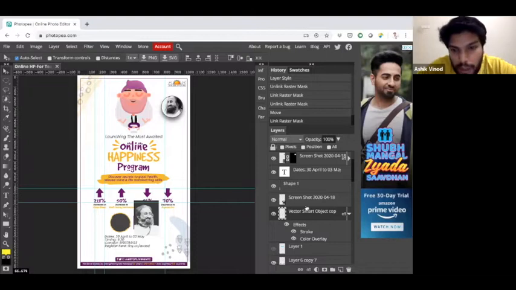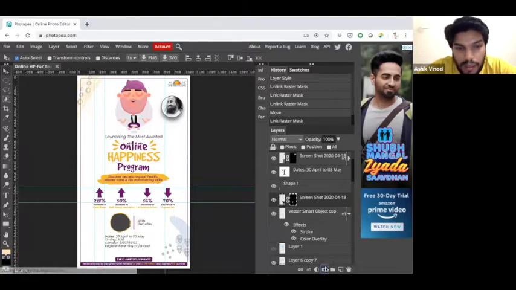Now click on Gurudev's photo, or whichever teacher's photo you have, and again go to the raster layer, raster mask, and click on the mask. Now what has happened is anything outside that particular circle is disabled.